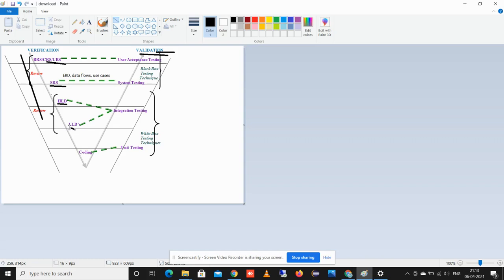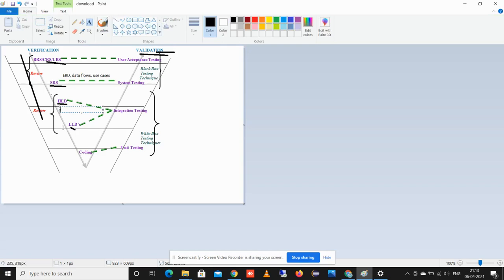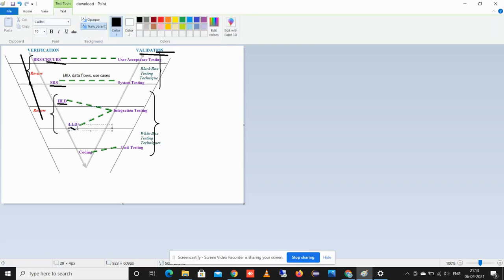The high level document contains high level pictures of the software. It contains some data flow diagrams and ERD diagrams, everything in diagrammatic presentation. When we come to the low level document, these are very detailed documents.